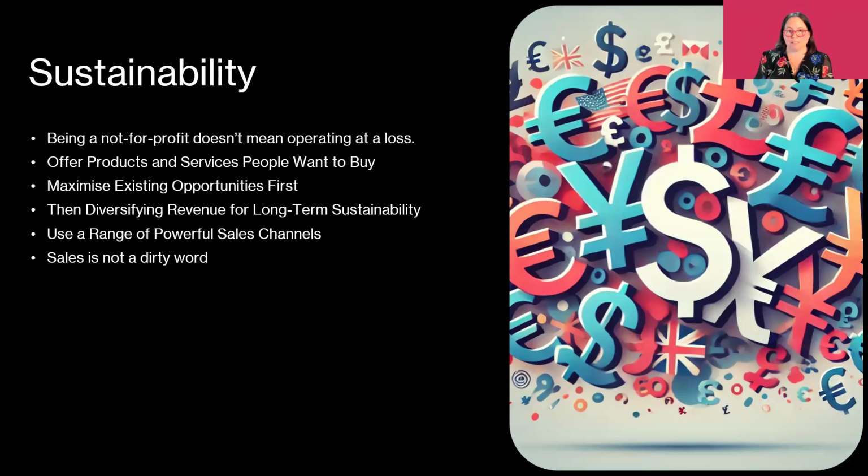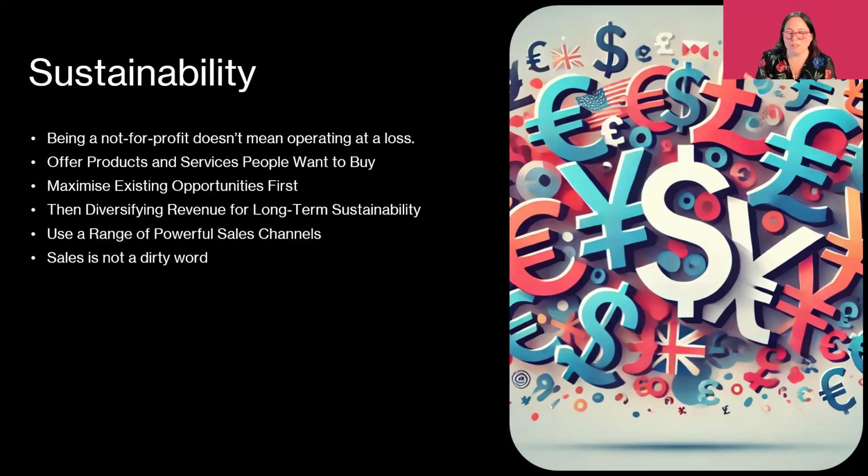Being a not-for-profit doesn't mean you're operating at a loss. You still need to create a surplus. And I find there are a few things when it comes to generating revenue, whether it's around membership fees or otherwise, that have limited associations from optimizing the revenue opportunities that they have. And basically, if I'm going in with somebody who's got issues with revenue, one, I'm saying, do you have something to sell that people actually want to buy? And that research can actually help you to understand that.